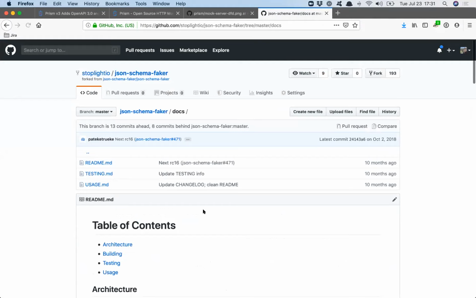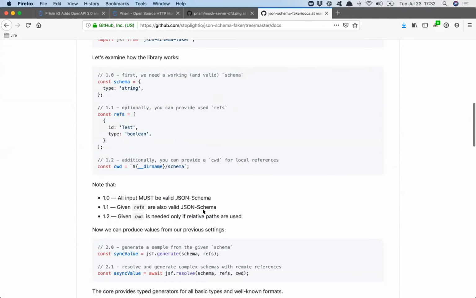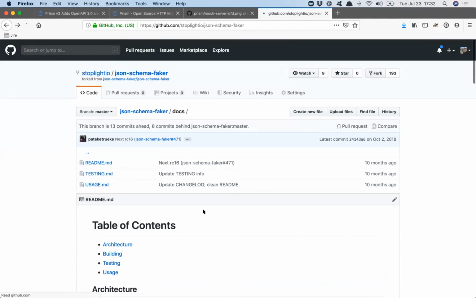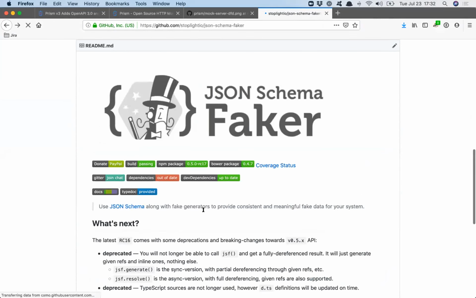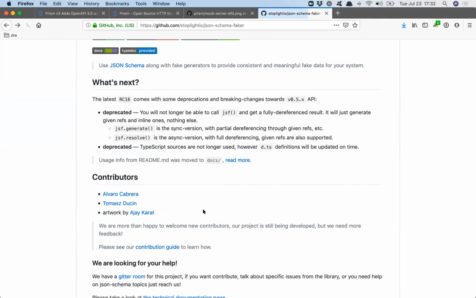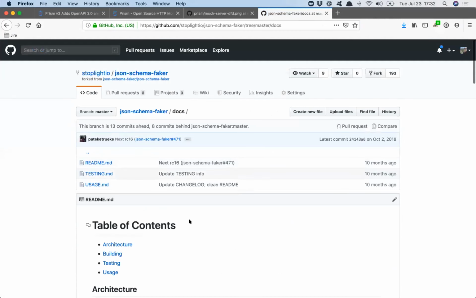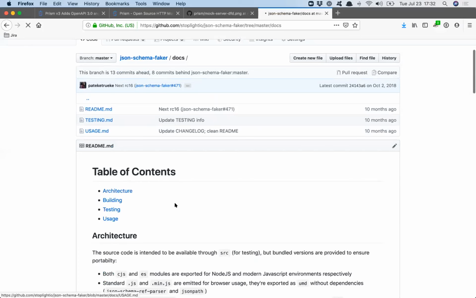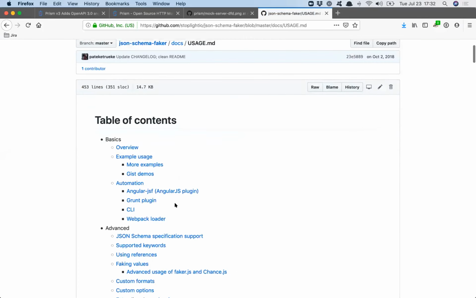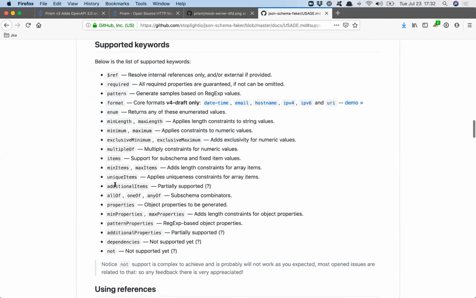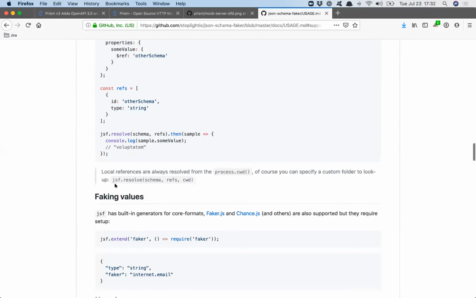There's a whole bunch, and I forget exactly where they are, but they're around somewhere. Probably in usage. Support keywords. No, I don't know. It's in the doc somewhere.